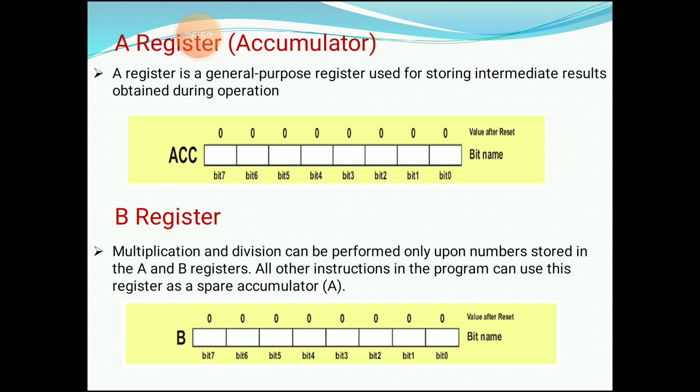And the B register is used to perform the same operations just like the accumulator. A and B registers are the default registers for some operations like multiplication and division. So to perform a multiplication operation, both A and B registers contain the operands. After multiplication, the result will be stored in the same registers. Similarly, for a division operation, the operands must be stored in A and B registers, and the result will be stored in A and B registers directly.